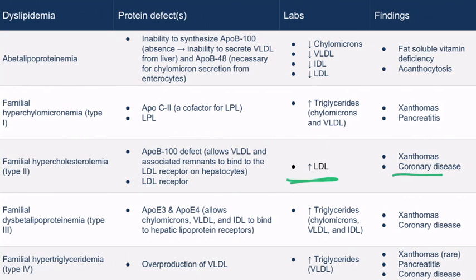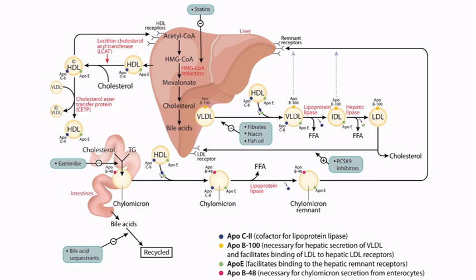Okay, now let's discuss type 3 dyslipidemia, or familial dysbetalipoproteinemia. In type 3 dyslipidemia, there is a defect in ApoE3 and ApoE4. For simplicity, this image only shows ApoE rather than ApoE3 and ApoE4, which are present on chylomicrons, chylomicron remnants, VLDL, and IDL. This protein is a ligand that allows the lipoproteins to bind to the remnant hepatic receptors, thus facilitating